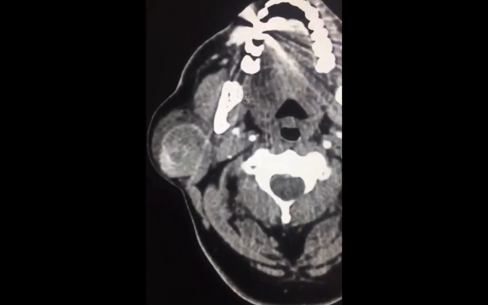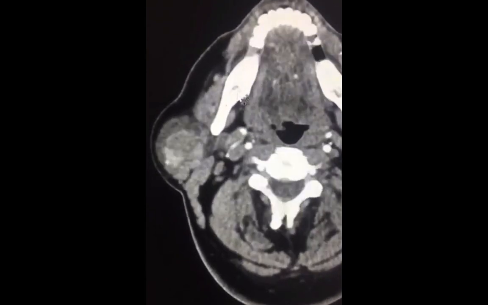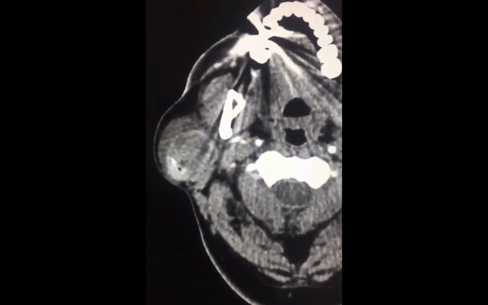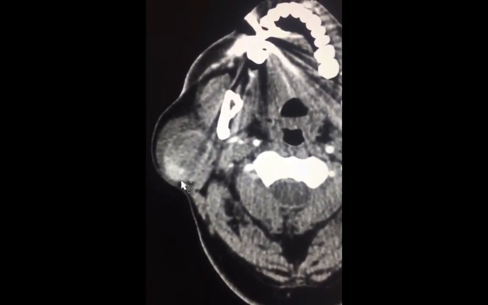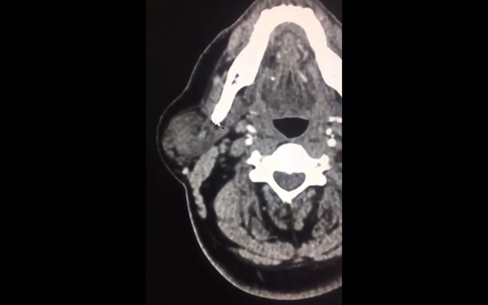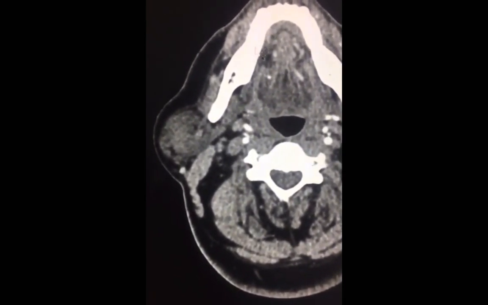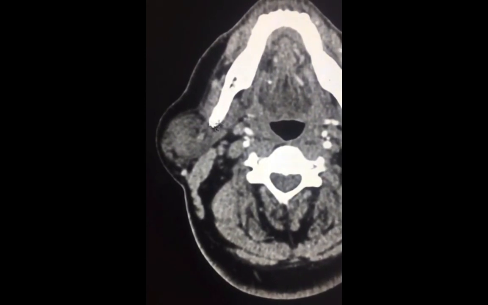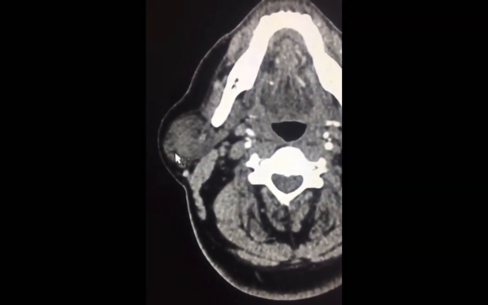This is a CT scan of the neck with intravenous contrast administration, and the abnormality is clearly seen here. To better understand the location of this abnormality, keep note of this bony structure, which is the mandible. In close proximity to the angle of the mandible, you're going to see this structure here, which represents the parotid